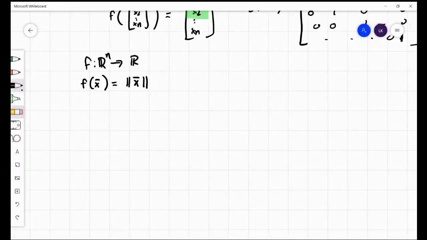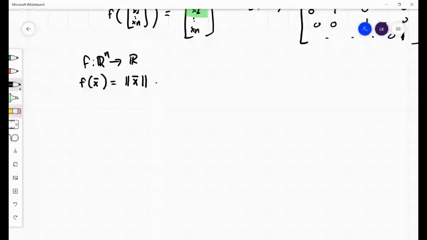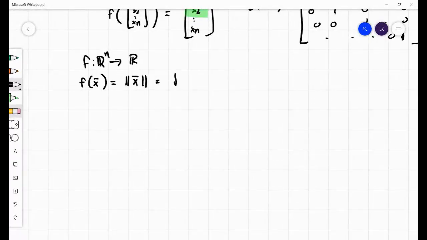So this is a good one to know for everybody's homework. So we know that this is the square root of x1 squared, so it's just a regular old norm. Squared. Okay. And so the size of this derivative will be 1 by n,